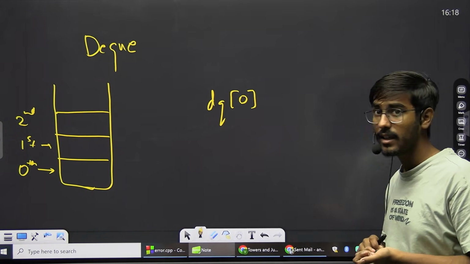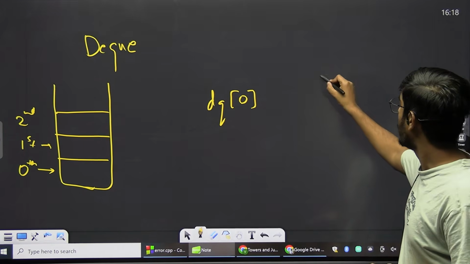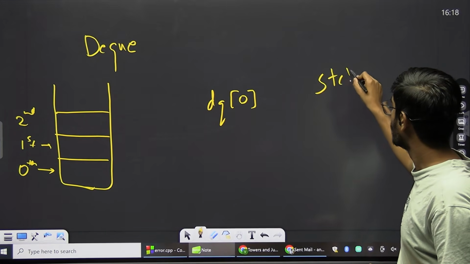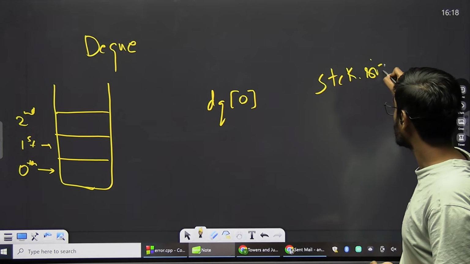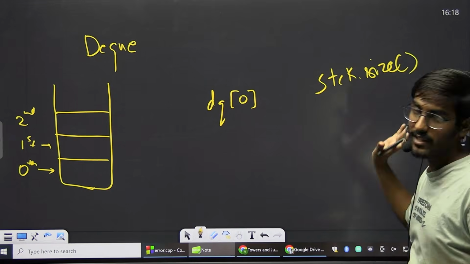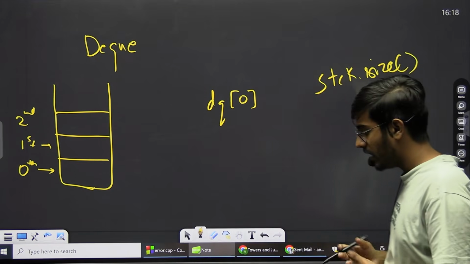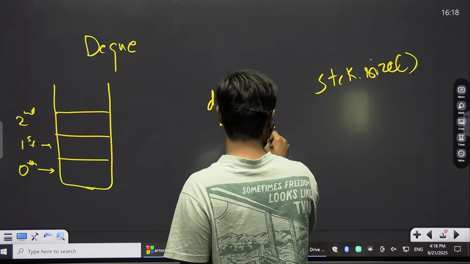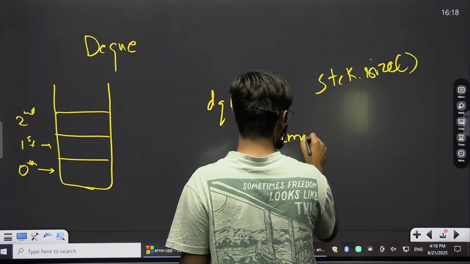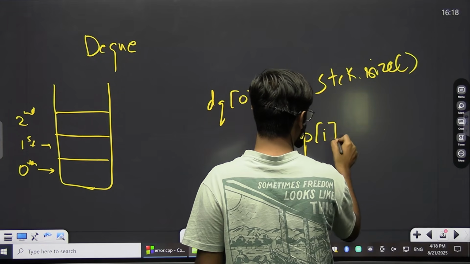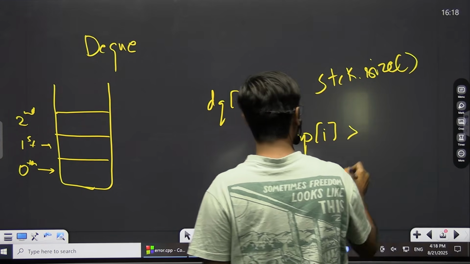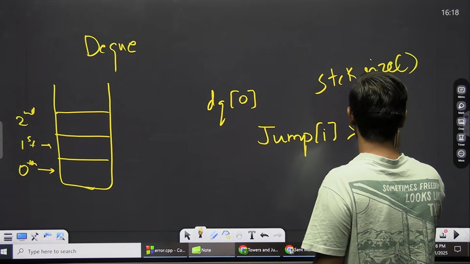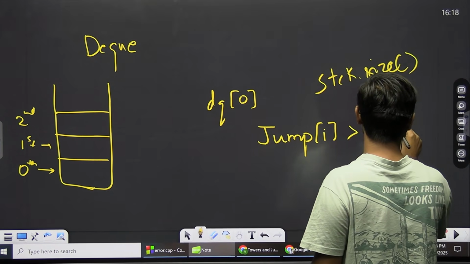That is represented by my stack size. I will be using a deque, so you can also say the size of your deque. If jump of I is greater than my deque size,